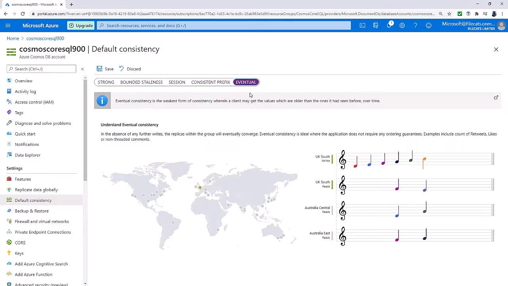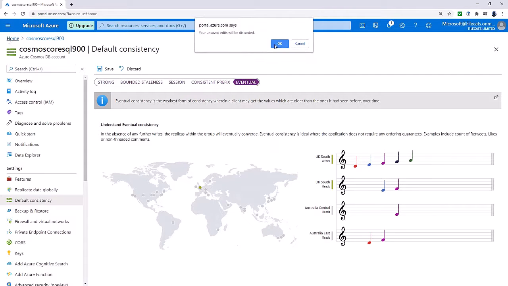Now, for this particular exam, you probably won't need to know that there are all of these different types of consistency, but you will need to know what consistency is and how to set it. So you go to the default consistency. If we now have a look at storage accounts,